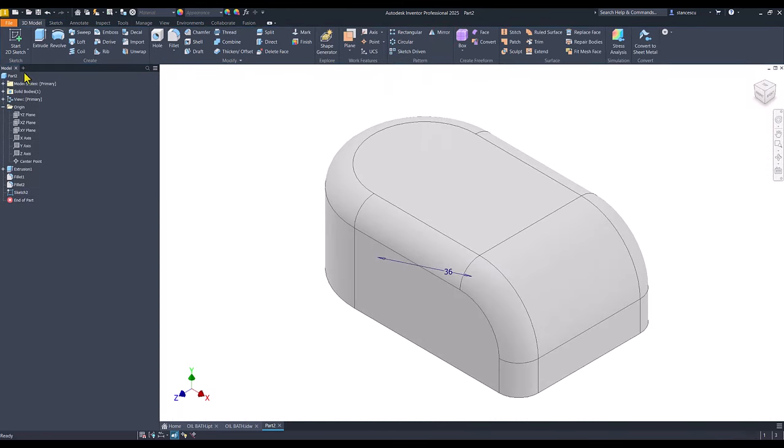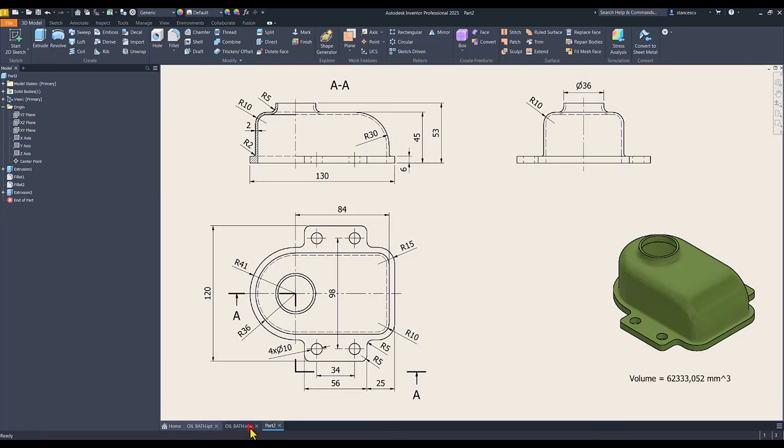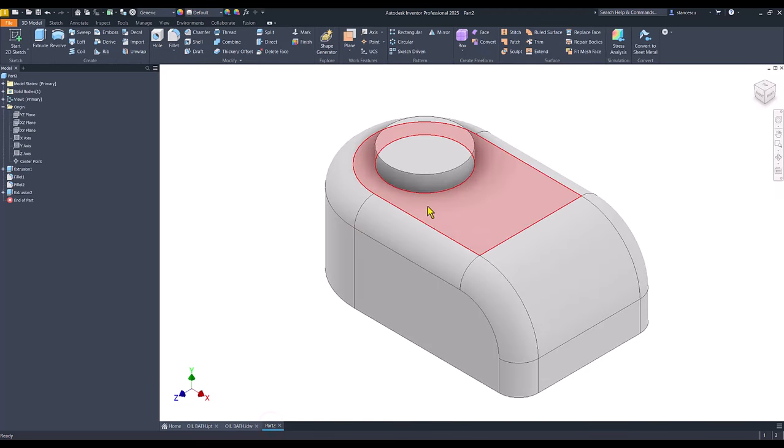finish sketch, extrude. Automatically is selected that area, that circle, and 53 is the dimension. Another fillet with radius 5 is up, radius 5, and now we can apply